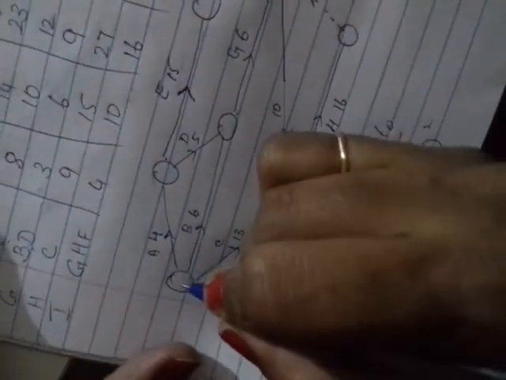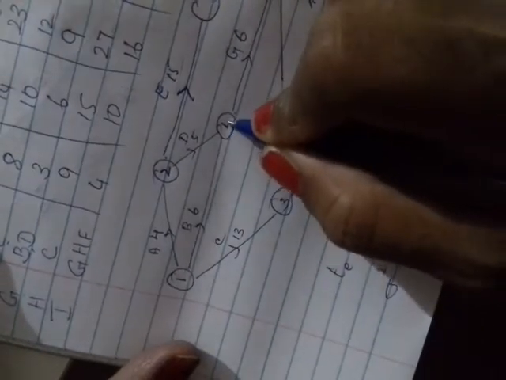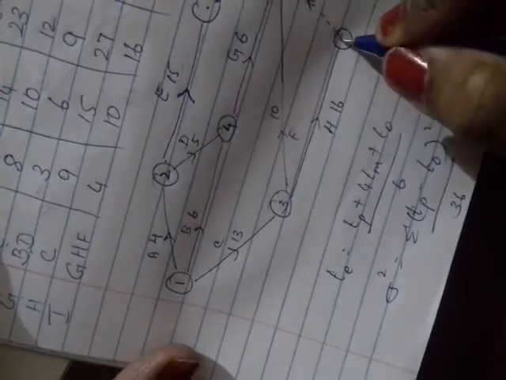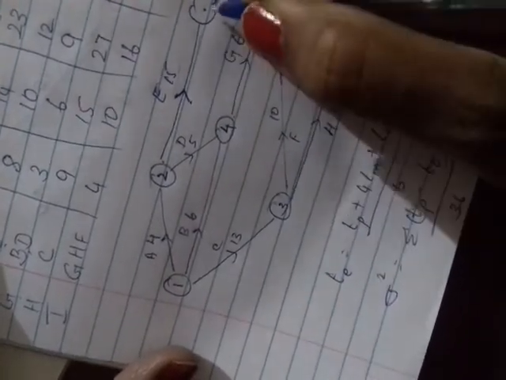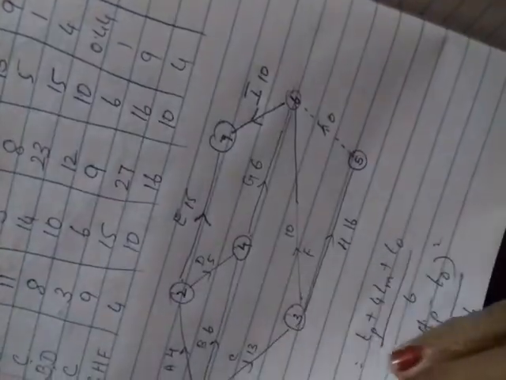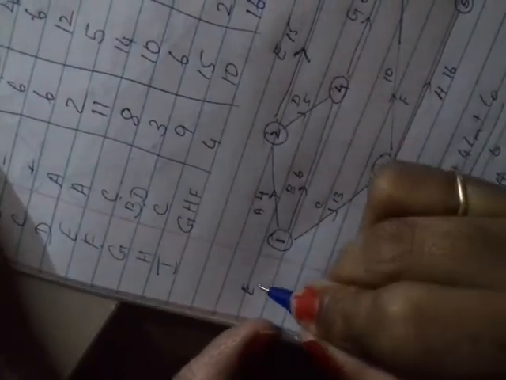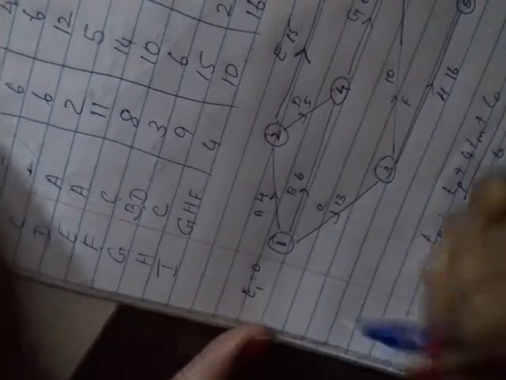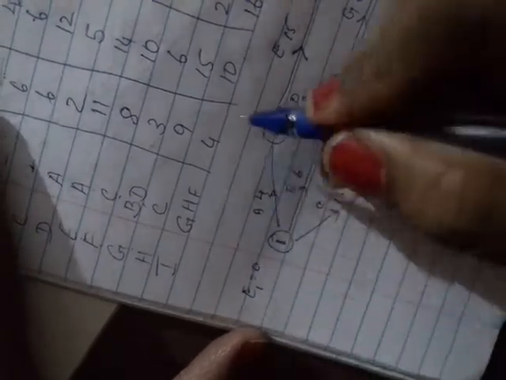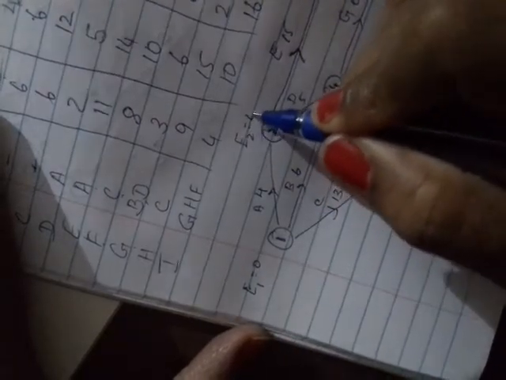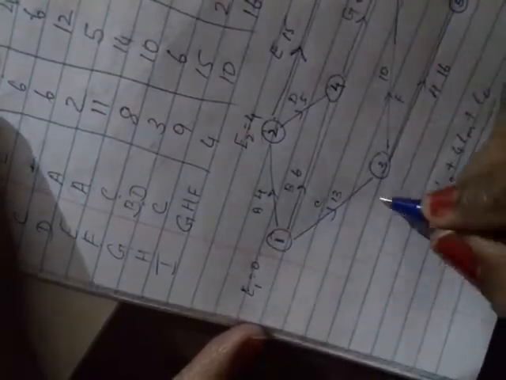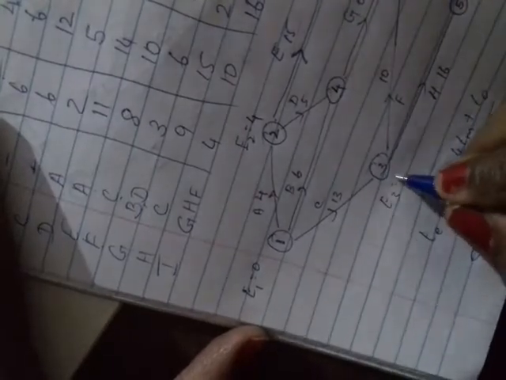Now you can give node numbers: 1, 2, and this is 4 and 3, and this is 4, and the next one is this one. This one is 5, then we did 6 here, and finally this is node 7. Give the node numbers. Now find out your expected earliest time and latest time. First, you have to start with the starting node. Always it should be 0. Then add the activity. 0 plus 4, you will get E2 equal to 4. Find out for this value: E3 is equal to 0 plus 13, so E3 is 13.